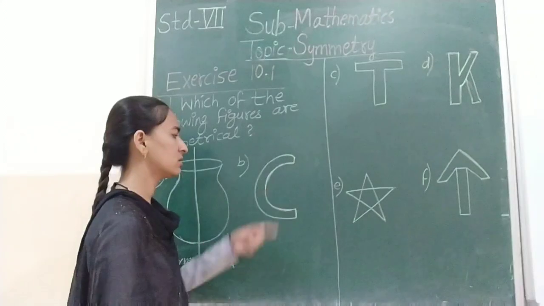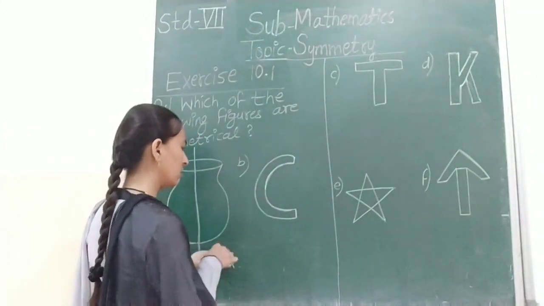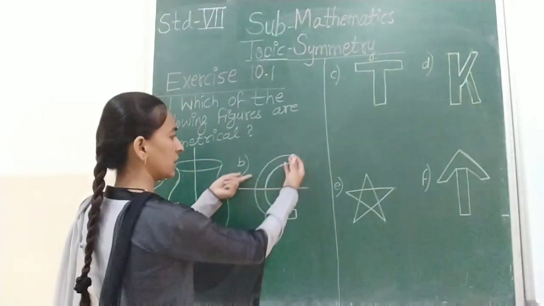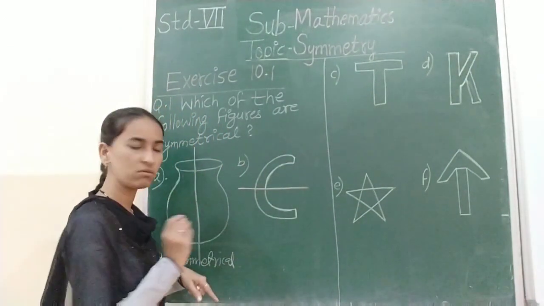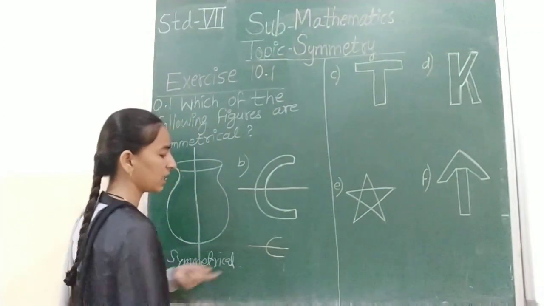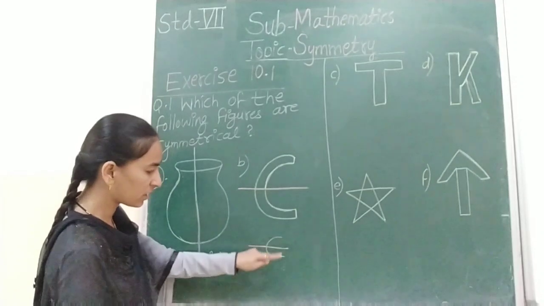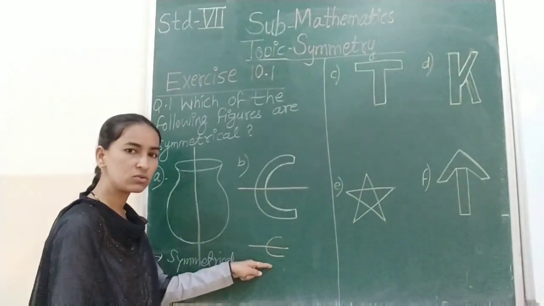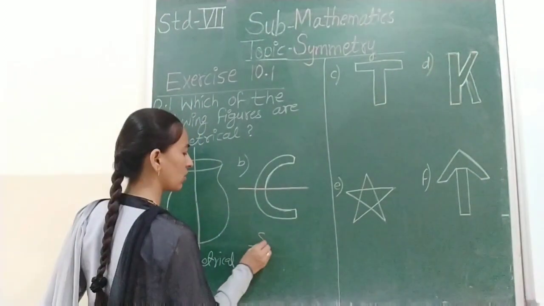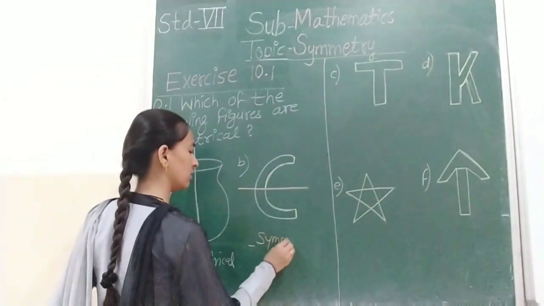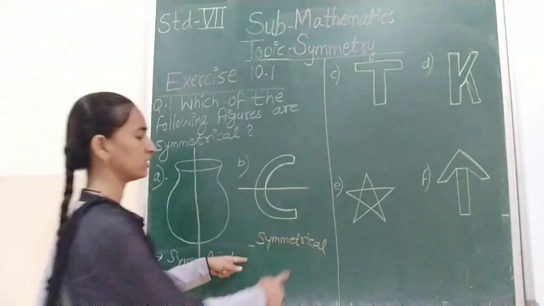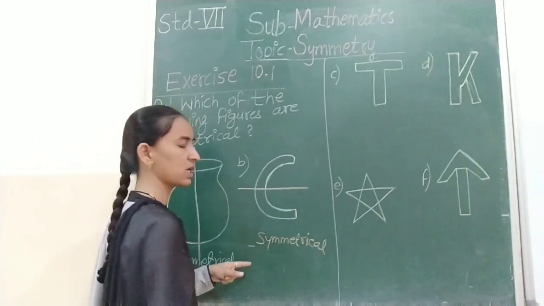Now see, the second one is from the alphabet. Okay, it is C. If I draw a line like this from the middle, and I cover it, you have seen the letter C. C is like this. It is symmetrical. If I fold that part onto this part, it gives the symmetrical figure. Students, yes or no? That means this figure is also symmetrical. Understand which are the symmetrical figures and which are not?